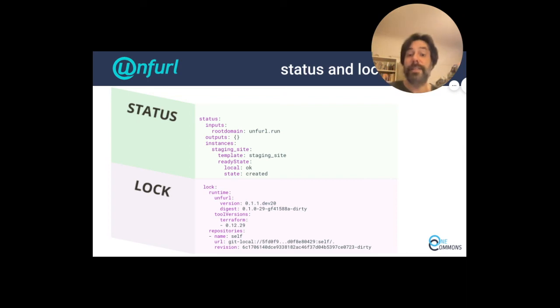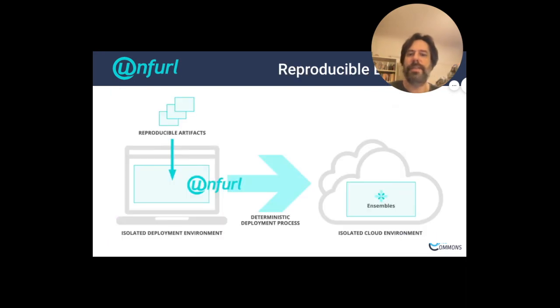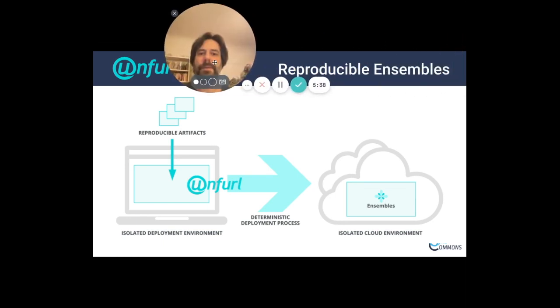And then finally, the lock section, which records, as much as we can, a reproducible state of what happened with the deployment. What were the hashes of the container images, what were the commits that the Git repositories were at, what were the exact versions, etc. And so that is what leads us to, again, the final step, which is this idea of creating reproducible ensembles,